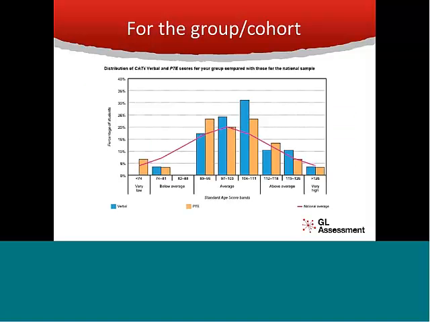So in this sample report, we can see that distribution of scores. In this case, it's the CAT4 verbal against the progress test English scores, but it's broken down within those stanine groupings, so from very low, below average, to average, above average, and very high. The pink mountain in the background is the UK standardised distribution, and speaking for myself, I found this graph very clear in that it shows where that individual cohort is way above